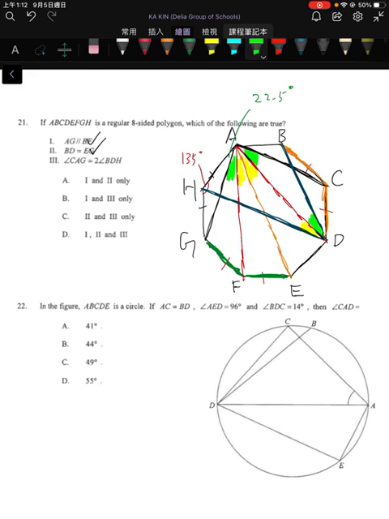So the bigger angle CAG consists of two yellow and two green, but the smaller angle BDH consists of one yellow and one green. So the relationship is that it is double the BDH. So I will say that statement 3 is also correct. And that's why the correct answer of 21